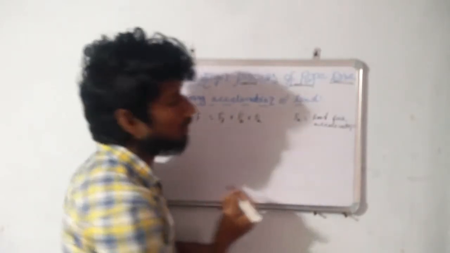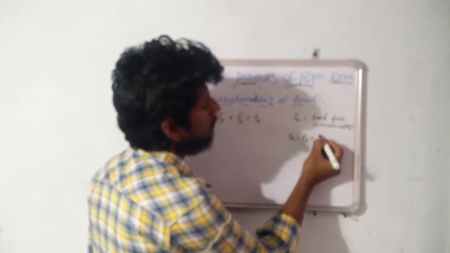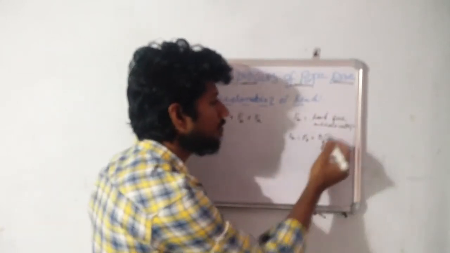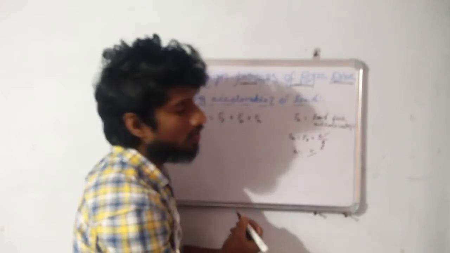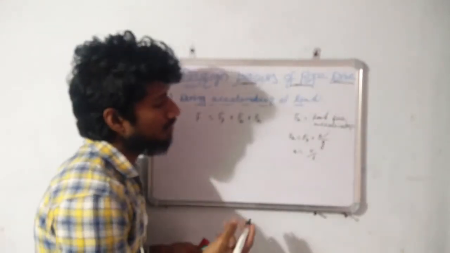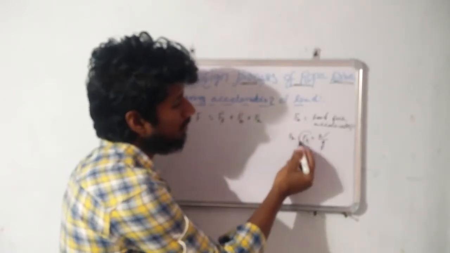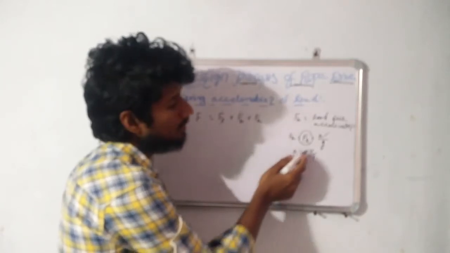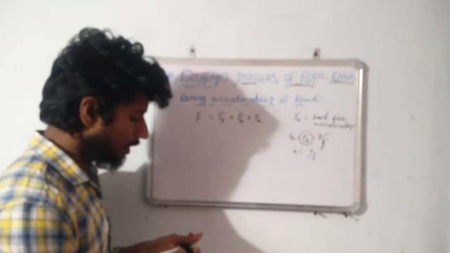So how are we going to find out the Fa? That Fa equals Ft into acceleration by gravity. So how are we going to find out the acceleration? That acceleration is nothing but the speed of the rope, or velocity of the rope, divided by the time taken for that speed. So this is the formula to find out the Fa. Here we know Ft, we already derived it. With the help of velocity and time, we get the acceleration. When we know the acceleration, it is easy to find out the Fa. So this is about the load due to acceleration condition.